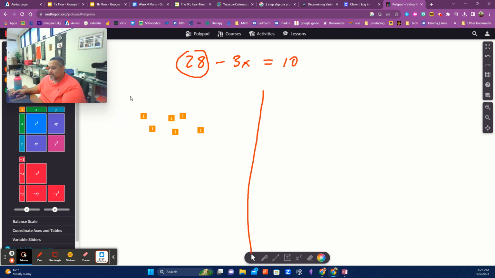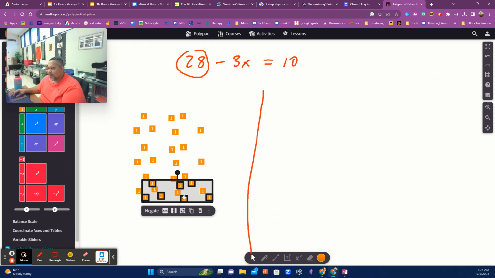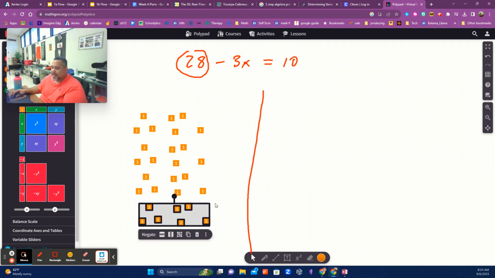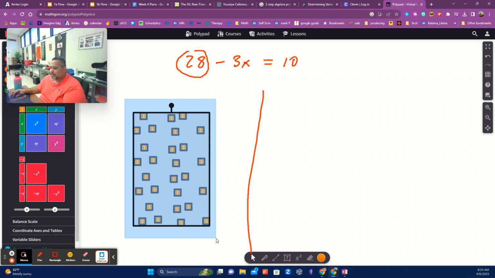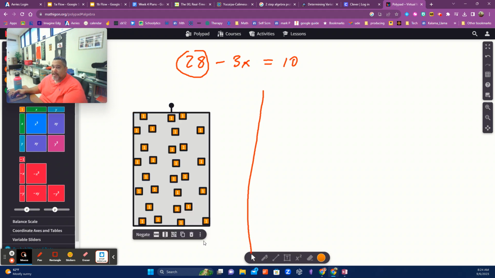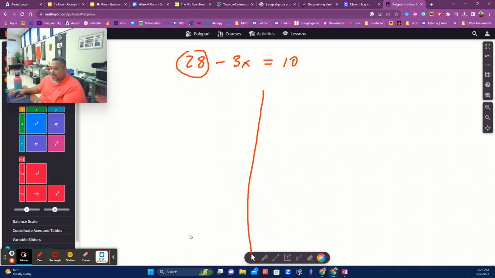I mean, I got six right there, seven. I guess I could do seven, and then I could copy it, and then I could copy that, then I could copy that. But you guys are going to be working on your paper, so I'm not really sure how you could do that. Maybe you can, but let's start thinking about